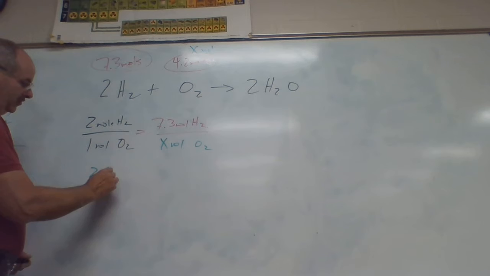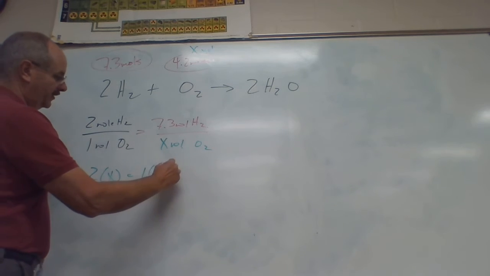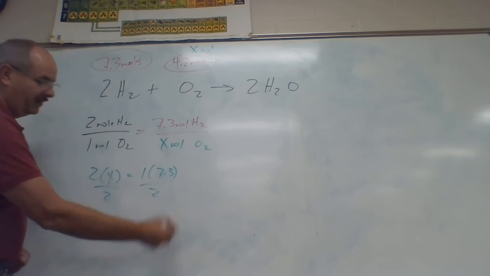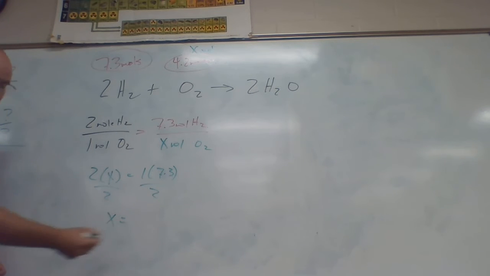So 2 times X equals 1 times 7.3. Get X by itself, so divide both sides by 2, and X ends up equaling